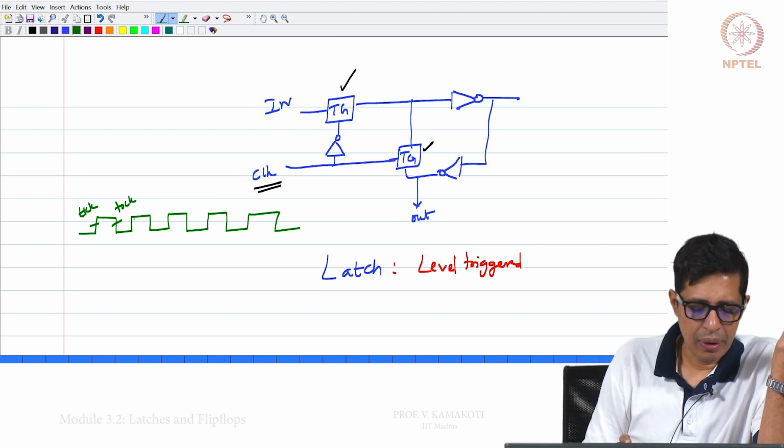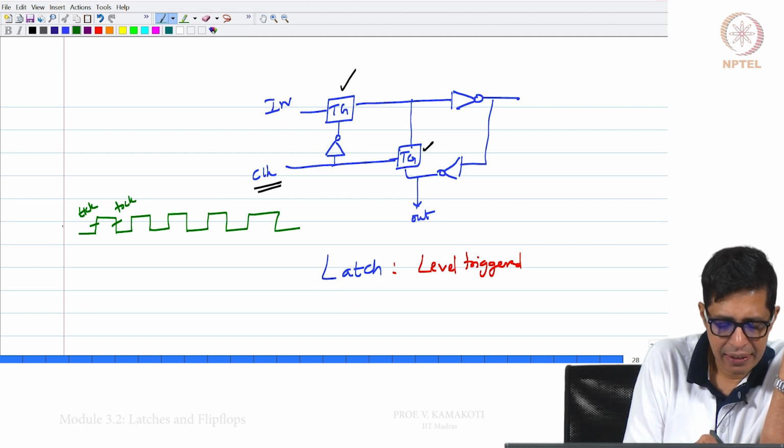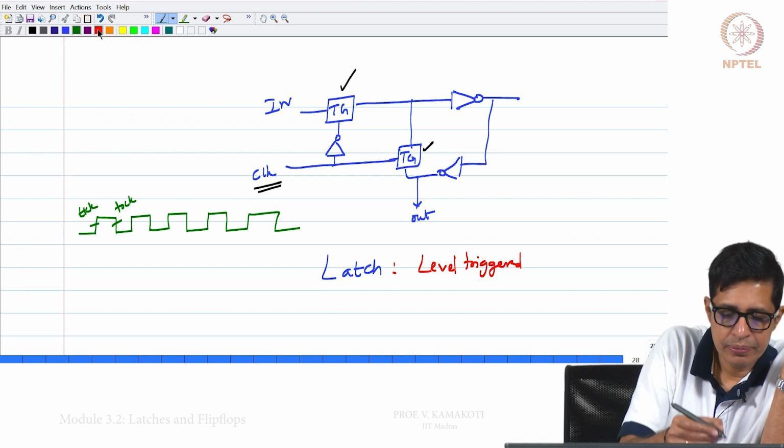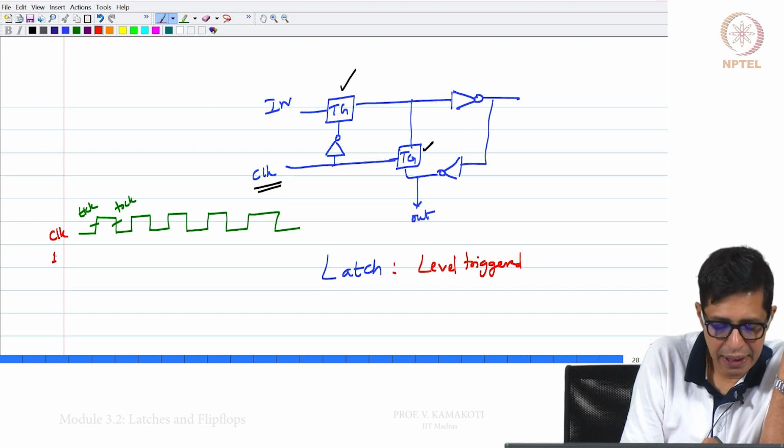So, how does this latch work? Let me say this is the clock and this is the input.